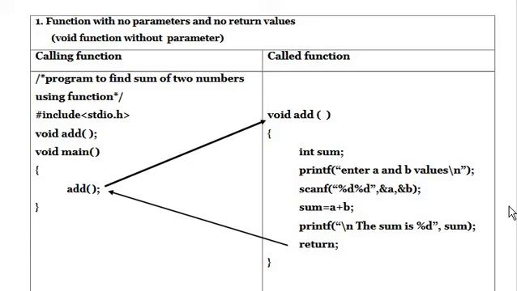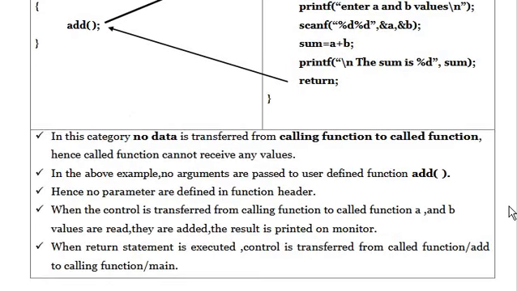Look at that return. No need of using return here basically, so no confusion regarding this. Empty return is of no use, so you can skip the return in the function definition part. As we don't have any parameters here, no data is transferred from calling function to called function.